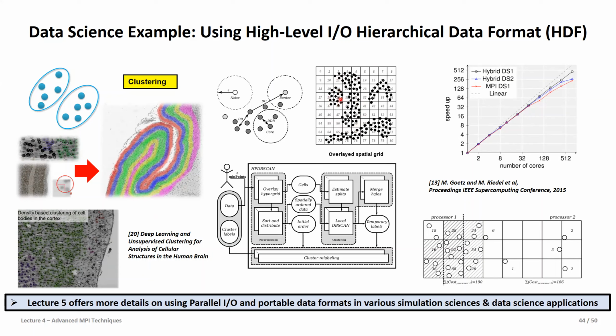You can imagine once this is computed, this is one cluster, let's say cluster 1. This would be probably cluster 2, and cluster 3, cluster 4. So basically these cluster identities can be assigned to every data element to know which cluster you belong to, which can then be used, for instance, for the visualization of these cortical layers in the human brain, which are responsible for different functions, giving neuroscientists a better idea, for instance after an accident, of what happened to parts of the functionality of the brain. But the core idea is that we are reading here from an HDF file, which has all